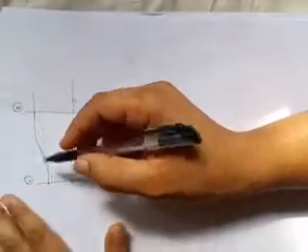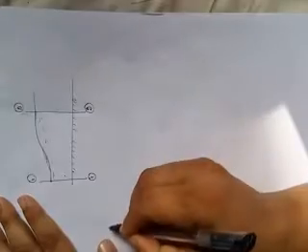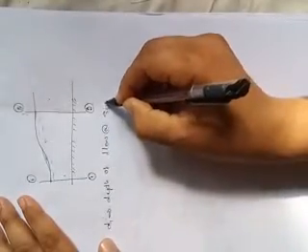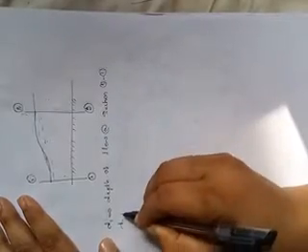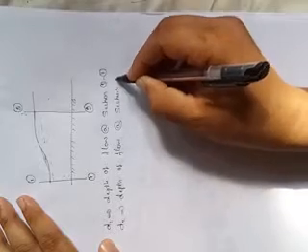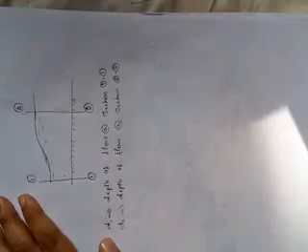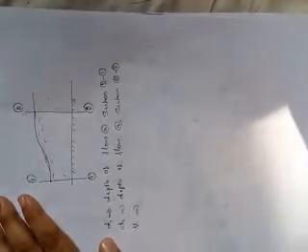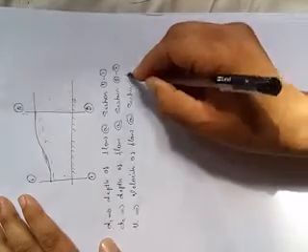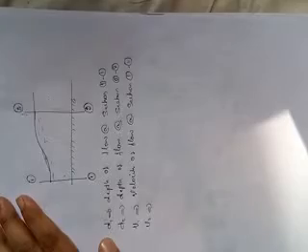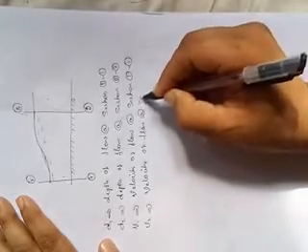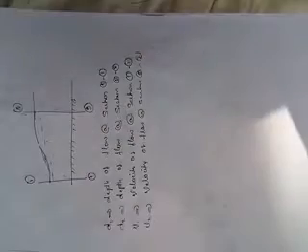See here, d1 is the depth of the flow at section 1-1. d2 is the depth of flow at section 2-2, and v1 is the velocity of flow at section 1-1. v2 is the velocity of the flow at section 2-2.